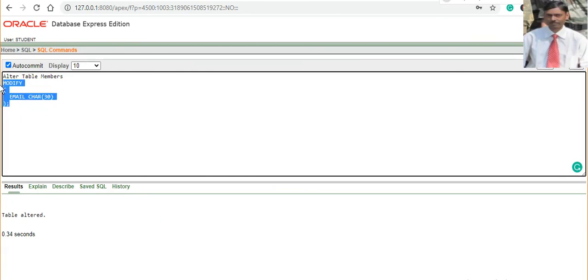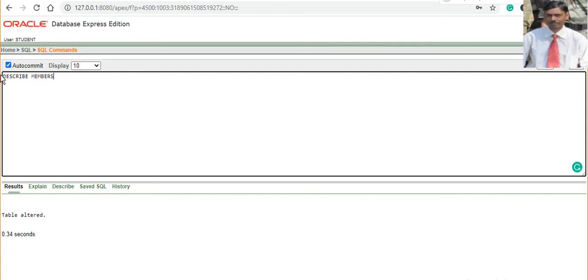Now see the structure of table. How can we see the structure of table? With the help of the describe command. Describe table name. What is the name of table? Members. You can see I'm writing it in a different manner. Sometimes I'm writing in small case, sometimes in all caps.